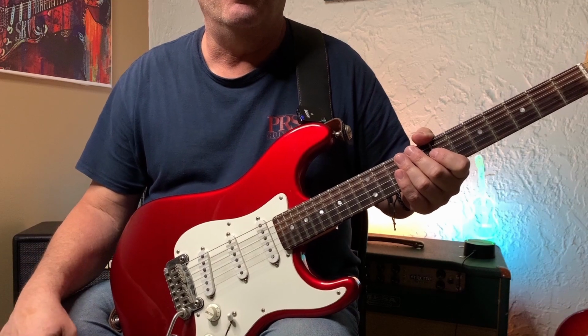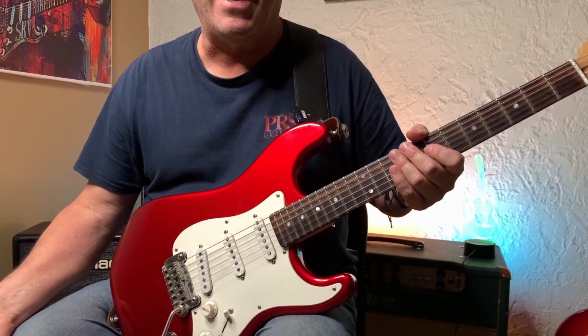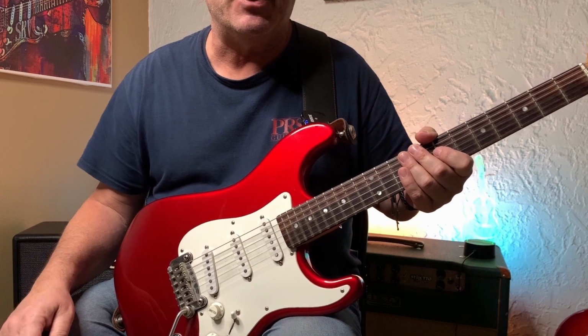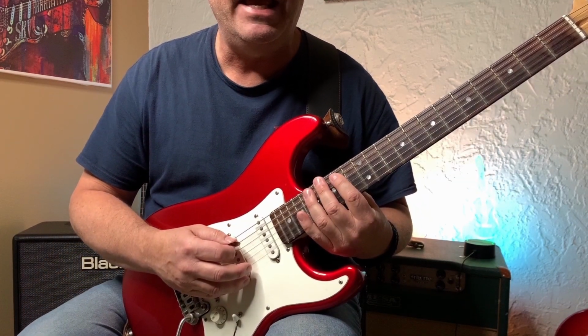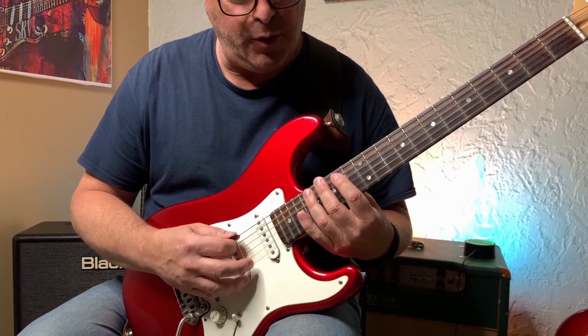Lick number 8, we come full circle and we steal a lot of ideas from that original lick that got me so fired up in the first place. We start at the 14th fret, we play a few notes from E minor pentatonic pattern 2,